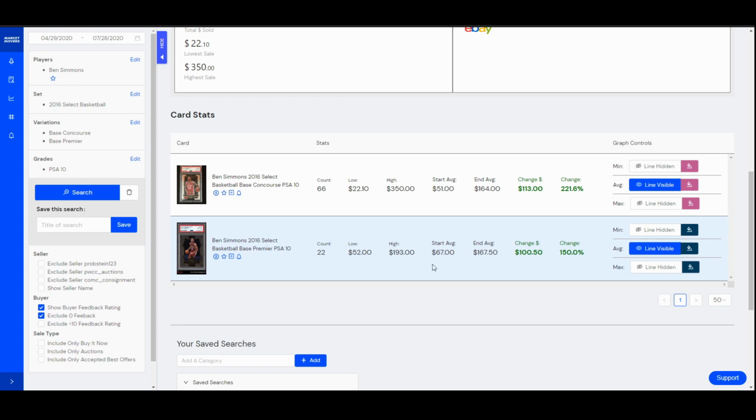And like I said, I really think his stuff's going to go up a lot compared to a lot of the other quote-unquote rising stars in the NBA. His stuff is very affordable. Go look at Tatum, Embiid, Jokic, all those guys. His stuff's way cheaper. And I know that he hasn't done quite as much, and he's had an up-and-down career, but I think the potential is there for him to really go crazy on prices. And the Sixers are expected to make at least a couple-round run in the playoffs,